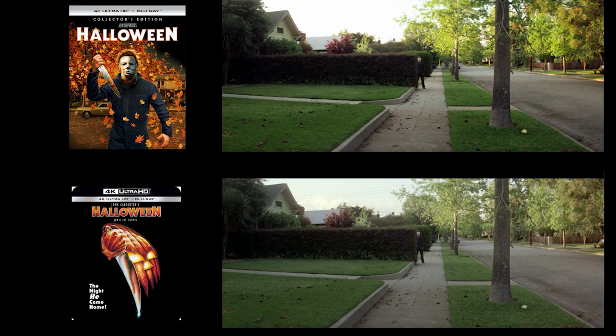However, this is what it's going to look like, because they shot it day for night, meaning they added a blue tint to give it that night effect. So it's not really a problem with the transfer or the restoration. That is the look they intended for it, that little bluish tint. And the Dolby Vision and HDR10 does bring out the bluish tint a little bit more, but in my opinion, as I said, it just salvages more of the theatrical look that was intended by Carpenter and Dean Cundey. It's still not 100% perfect, but comparing this one to the 2018 4K, it is much healthier and a stronger